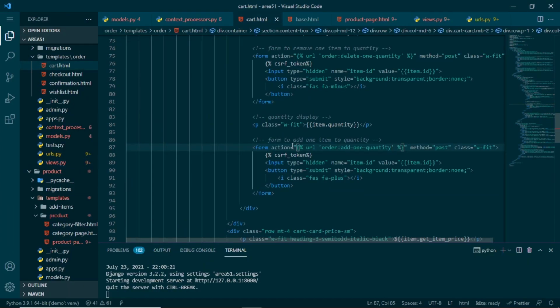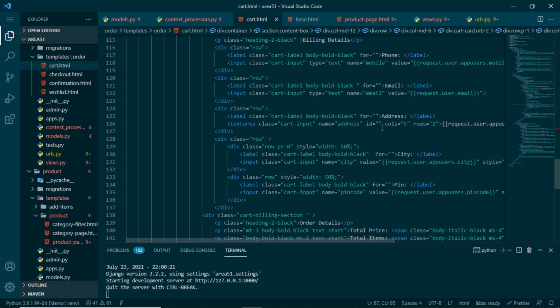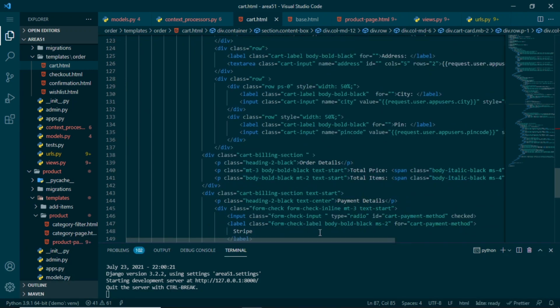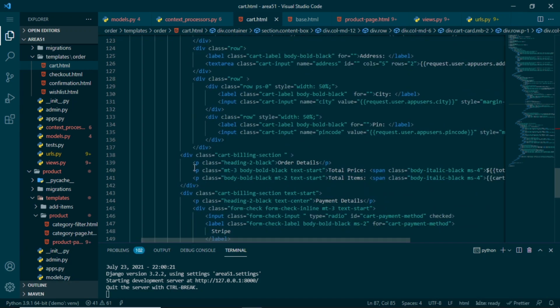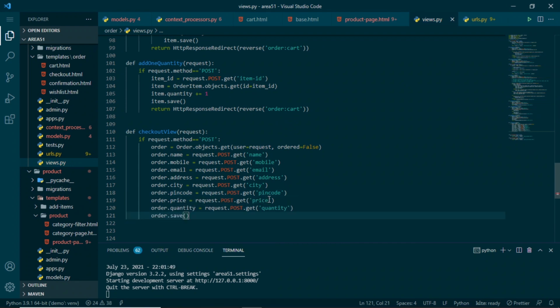So in our cart.html, if we scroll down to the form, here we can see we have all this personal detail, and inside the form, I am also collecting this price and items detail. So therefore in my views, I can also use order.price. We can get price from the form, and we can get quantity, which is the number of items that are available in our order.